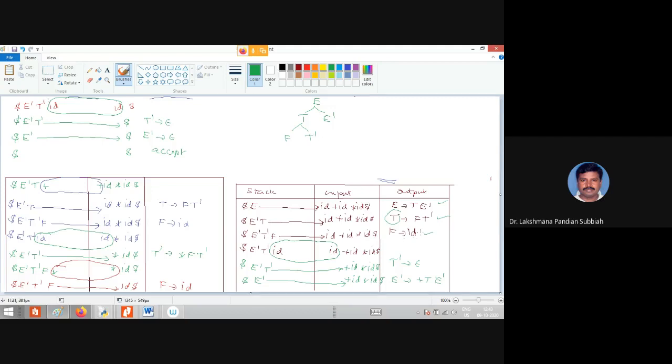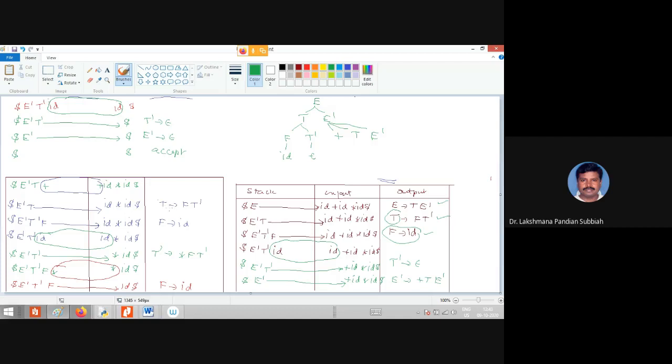Now this F is replaced by id. Next we are having T dash as empty. Now here E dash is plus T E dash.